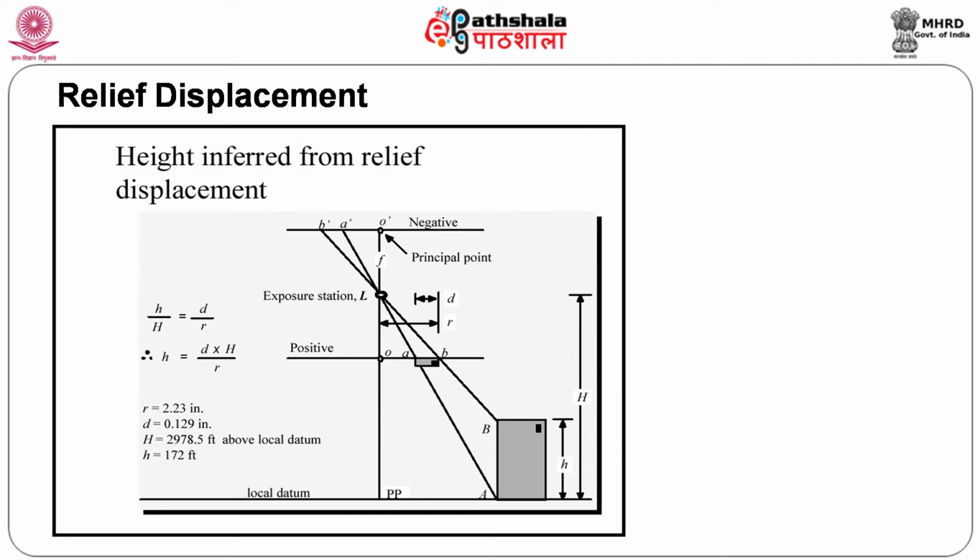Of late they are also getting satellite data in 3 dimension. We will not be in a position to get the 3rd dimension unless you have a stereo pair, but in either of the cases, once I have the stereo pair, once I get the overlap, I have the 3rd dimension. Once I have the 3rd dimension, I will be in a position to get the height. So, the relief displacement will decide the height of the object as such.